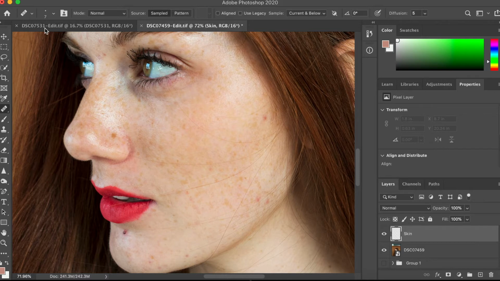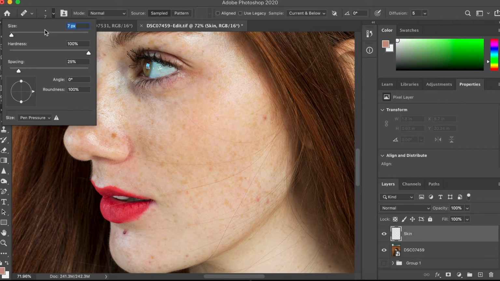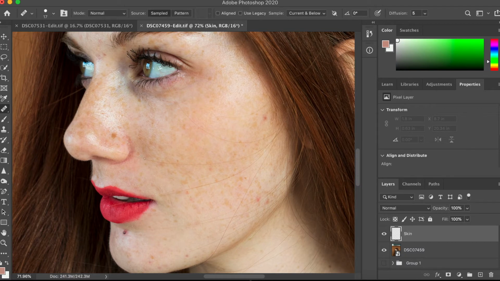So I'm going to make this a little bit bigger so that way I can fix the skin that is being affected by the hair. So that should be good. You still want to be small enough to where it's a little less noticeable for whenever you do end up making these changes. So I'm going to start off and I'm going to select an area just above it, and it is going to